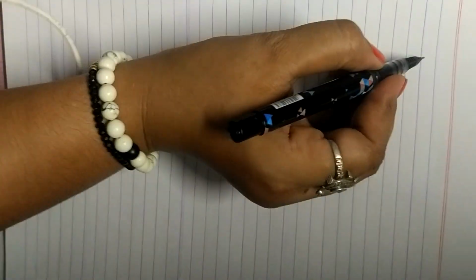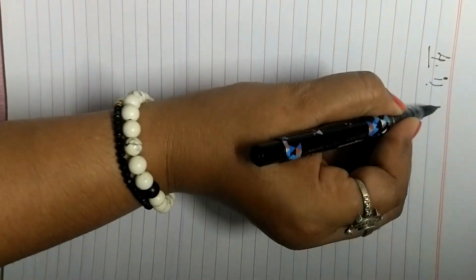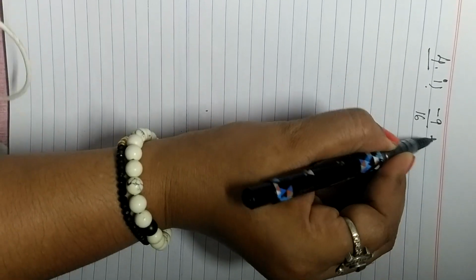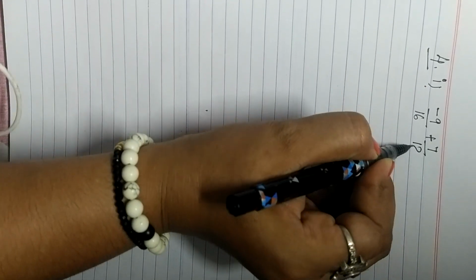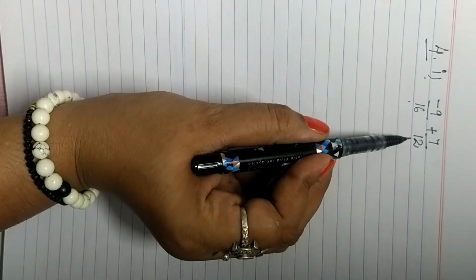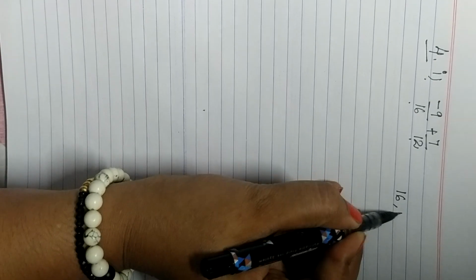Question number 4 is to simplify. The first bit says minus 9 upon 16 plus 7 upon 12. So here again the base is different, or the denominator is different. So when we take the LCM of 16 and 12,